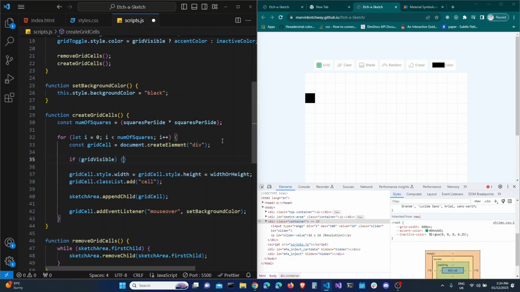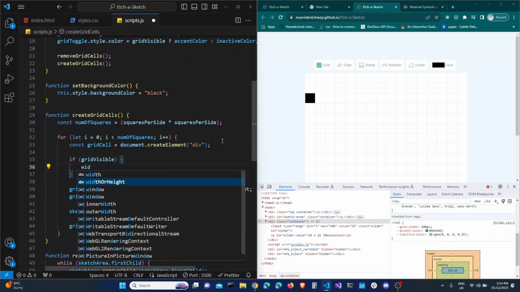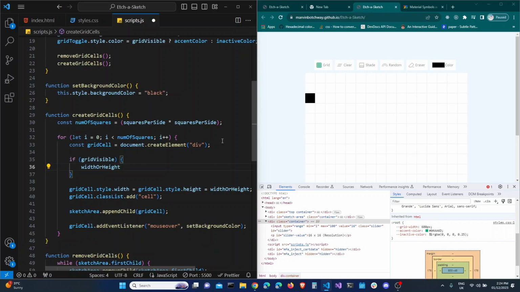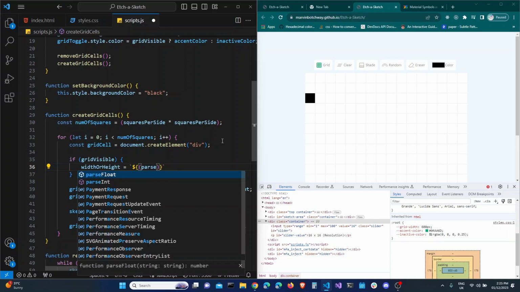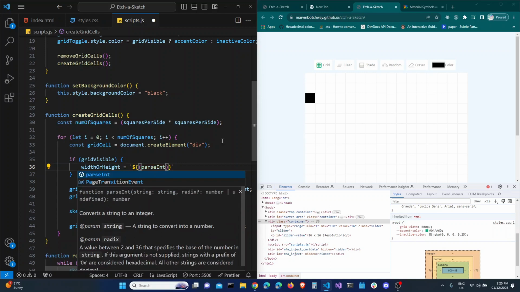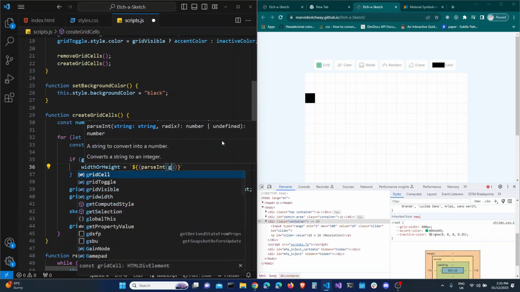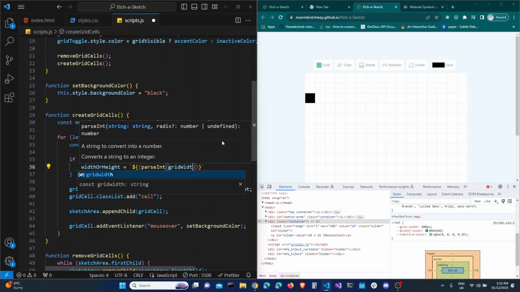Okay, and then we want to set the value of width or height. We want to say that it should be equal to, we use backticks, we put another pair of brackets here. We want to pass int because this is not an integer, so it wouldn't work because we want to do some calculation. Let me type it out and I'll explain it. So pass int, then in here we'll put in our grid width, which we are getting from